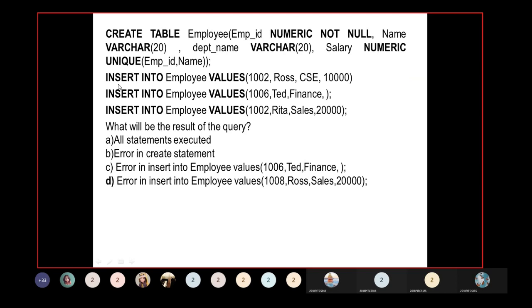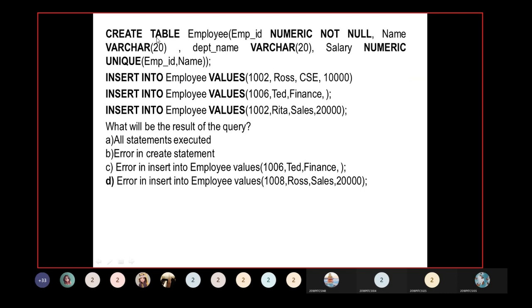The syntax of insert is insert into our table name. Our table name is employee, so give the table name here, and then call the keyword. When you use insert, values is the keyword. Let us insert into employee, this is the syntax, and then the table name, and then the keyword values. Next we can put the values for the respective field names.